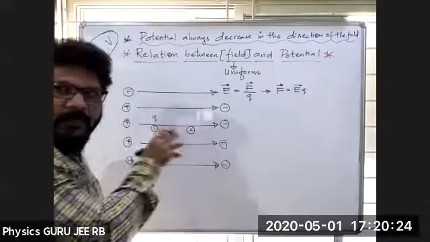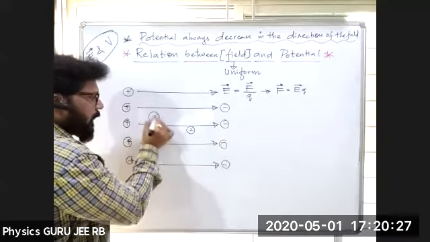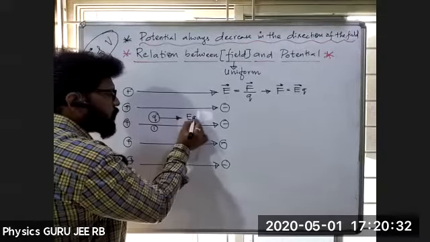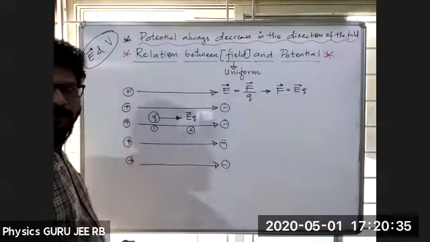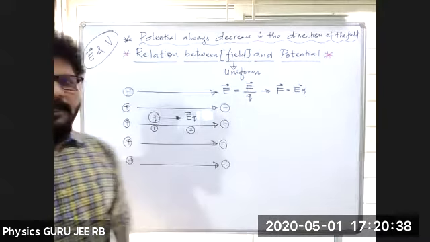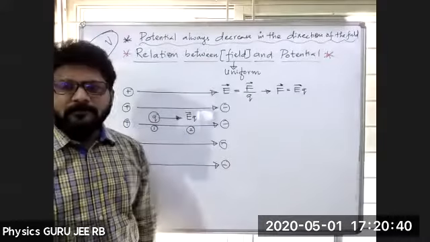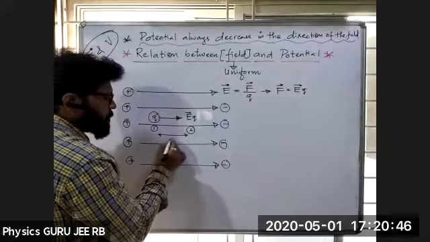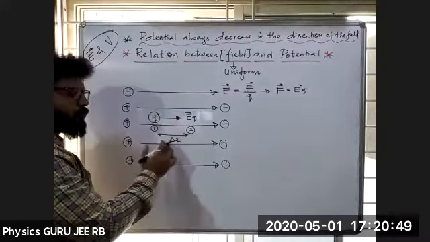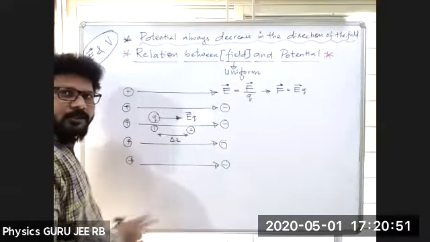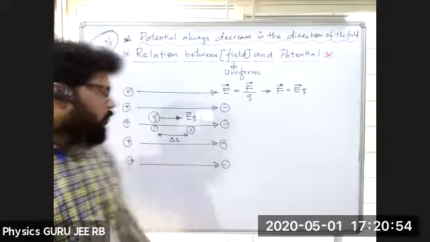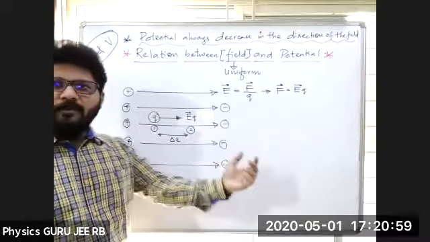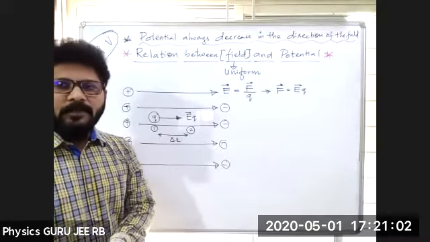So a force will act on it in the direction of electric field, which is EQ. So it will move in this direction. Let me take this distance as delta R, so from 1 to 2 is delta R. If I place a charge, there is no need of work done to move the charge from 1 to 2, because there is a force. By itself it will move. So there is no external force acting on it.